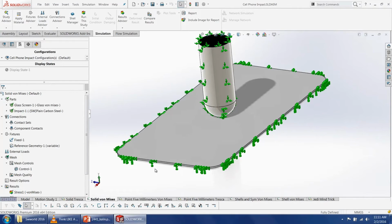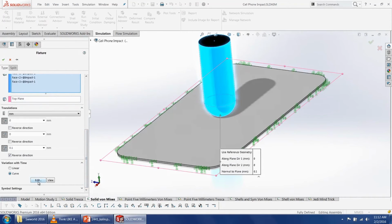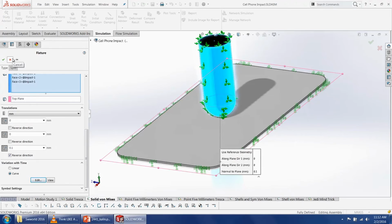Is it safe? So for the setup on this one, I have a fixture for the outside of the glass, and I have reference geometry controlling my weight. And I use a time curve for my reference geometry. So if I go down here, I have a time curve. So it's going to go on and then off. It's going to press upon it and then leave, just like a weight dropping on it or ultimately a force pushing upon it. So ultimately, I don't really know how much force is going to be applied. But this is like a standard test that they do in a facility for testing glass screens, is that they just put a